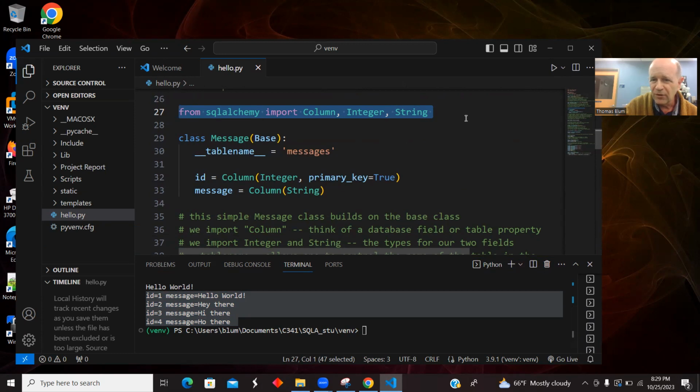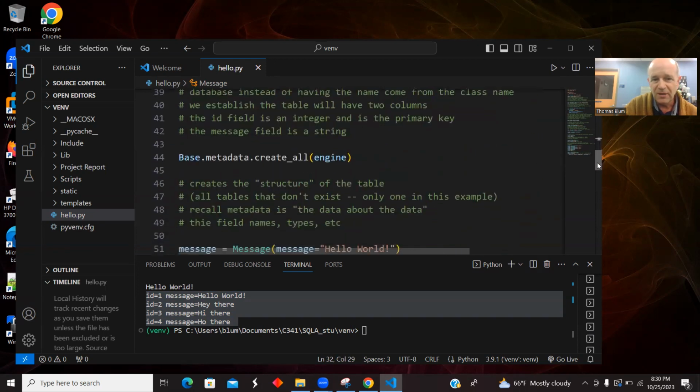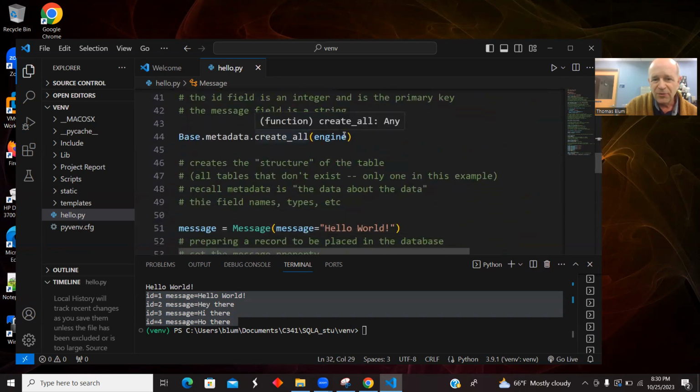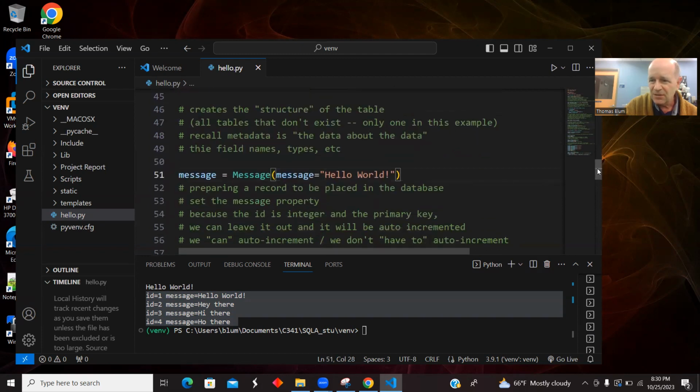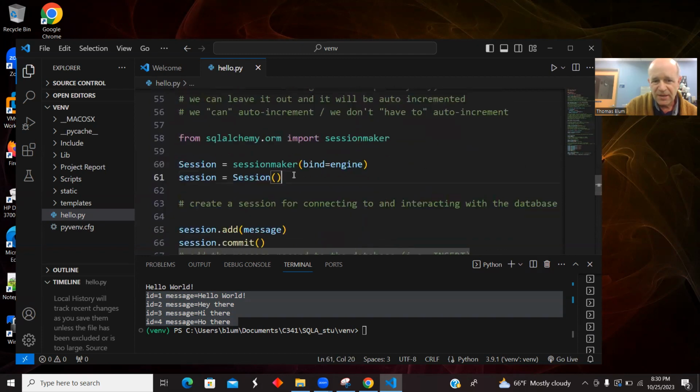We're not using any other types, so don't bother bringing them in. We're using integers and strings, and we are going to have columns. Make our simple database class here, set up the ID and the message, establish the ID as the primary key, create all that metadata for it,